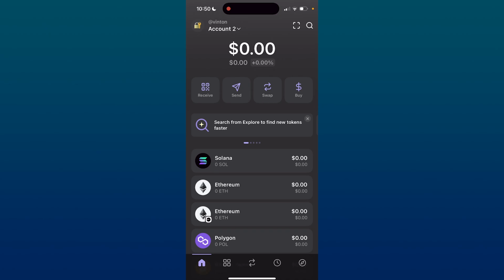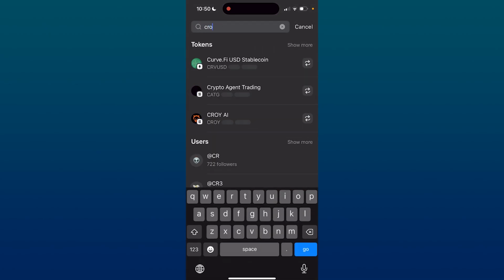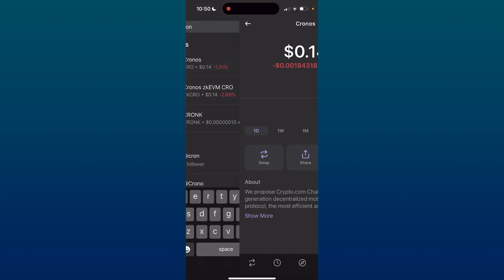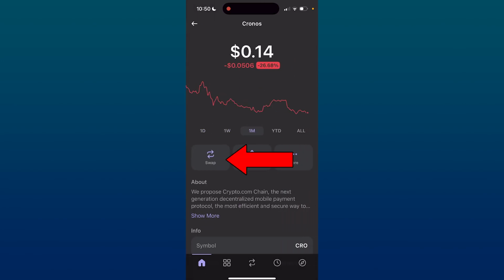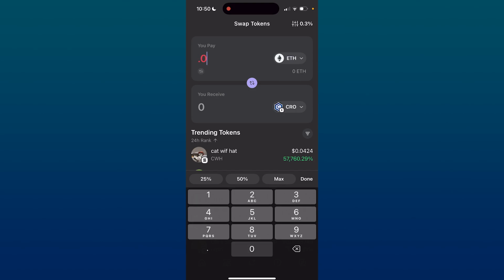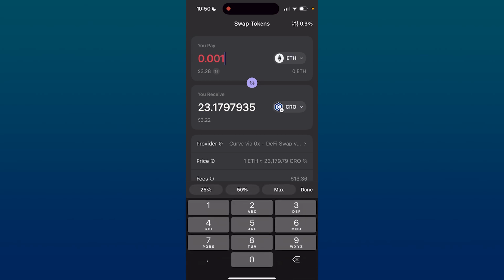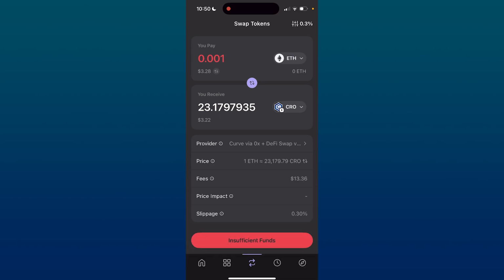From here, what you do is click on the search bar in the top right hand corner of the screen, where you can type in Chronos like so, and you can actually click on it, view the data for it, and we'll just click on the swap option right here. And you can swap however much Ethereum you have for however much Chronos you would like to receive. If you want to receive 23 of them, you can see I'm swapping 0.001 Ethereum. And then you click on where it says insufficient funds for me, but that'll say purchase, and you'll have